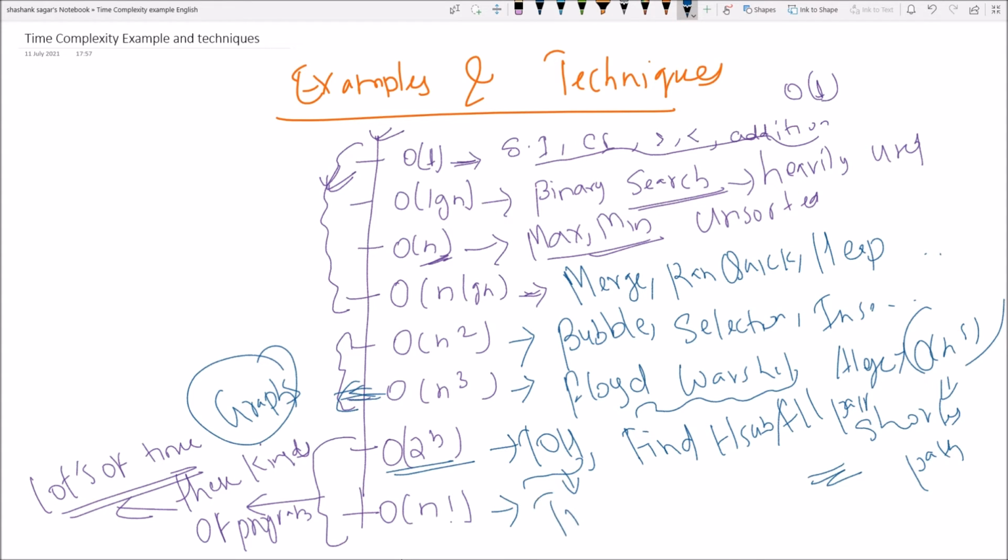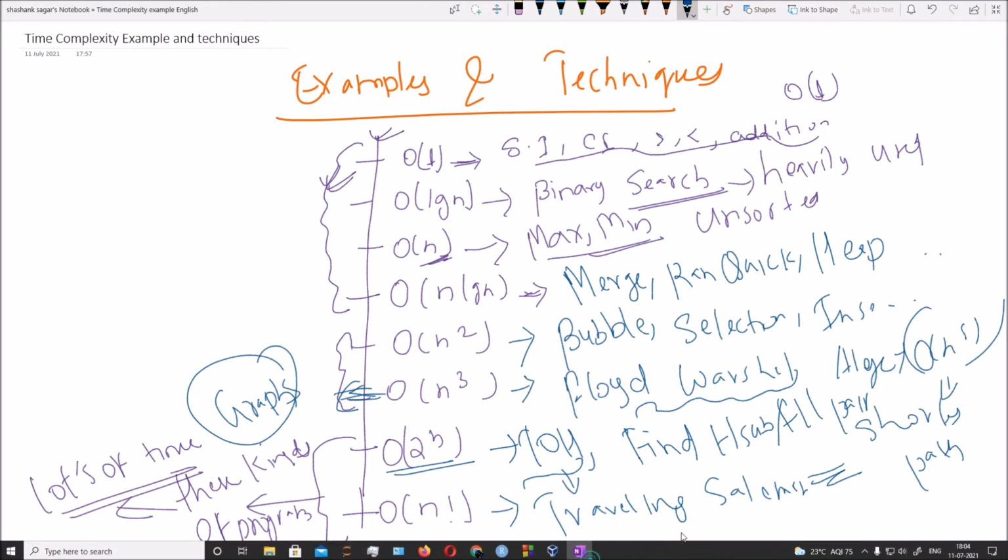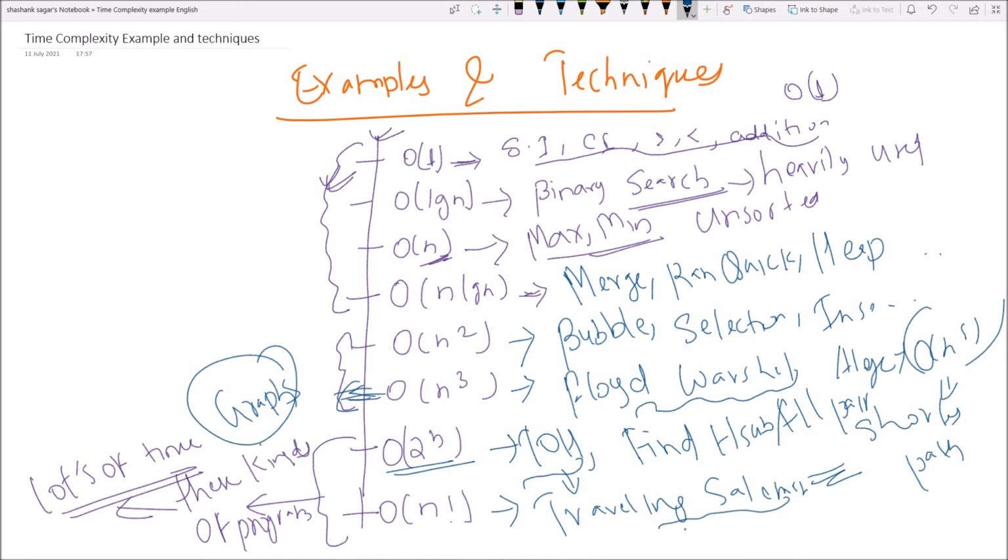O of n factorial: traveling salesman problem. This one is a very common example of O of n factorial. So these are some common examples of time complexity, and these are the examples of common programs for each time complexity.